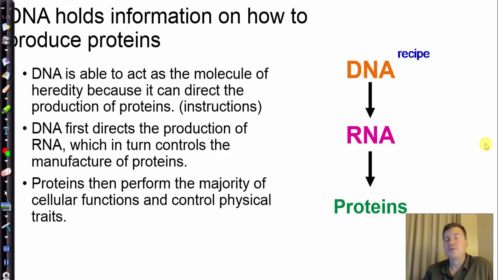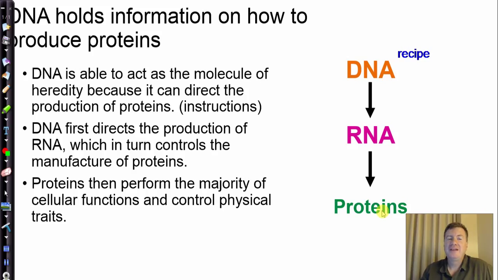If you want to think of the recipe being on an index card in your kitchen and a cake being the final product, the recipe is required so that you know what to do to make the cake. In very much the same way, DNA is going to be a recipe in the nucleus of our cells to tell the cells how to make all the important proteins. And again, we keep using insulin as an example, but how to make the important proteins that keep us alive.